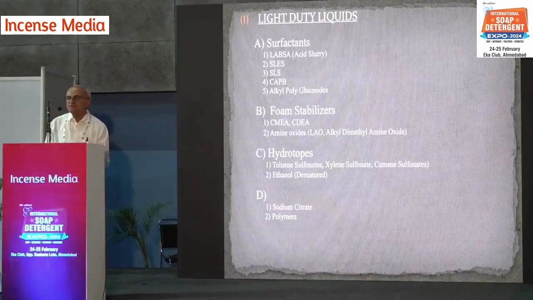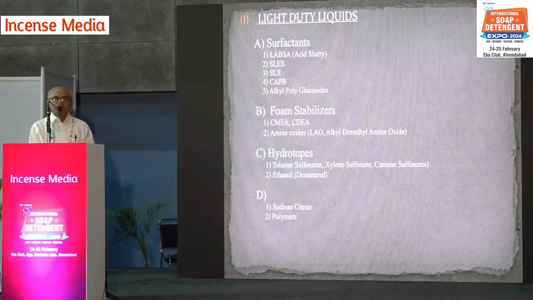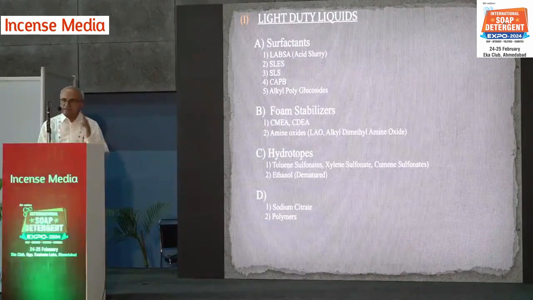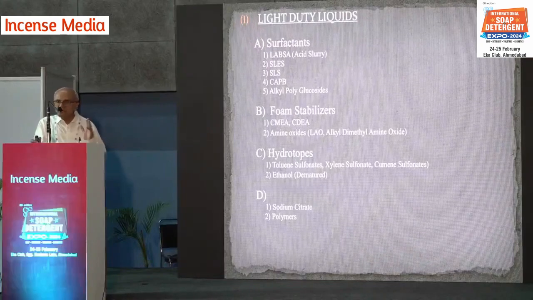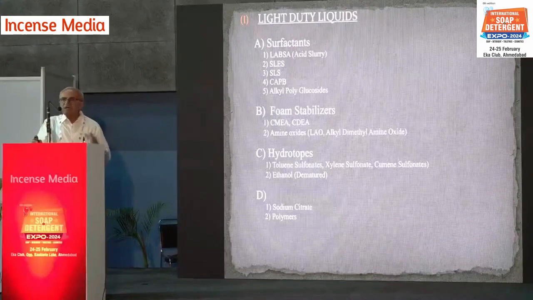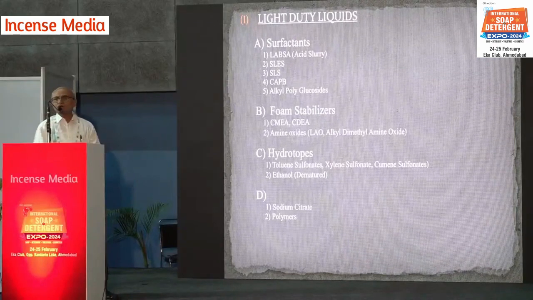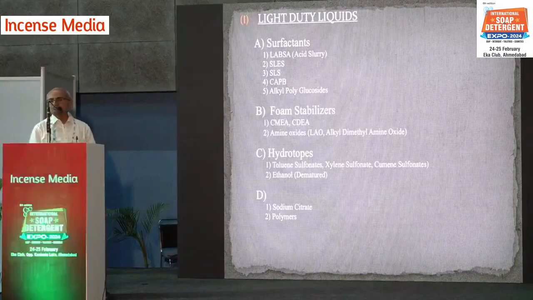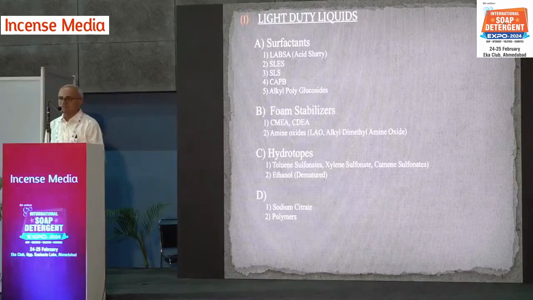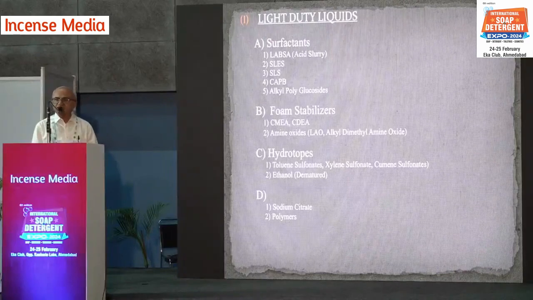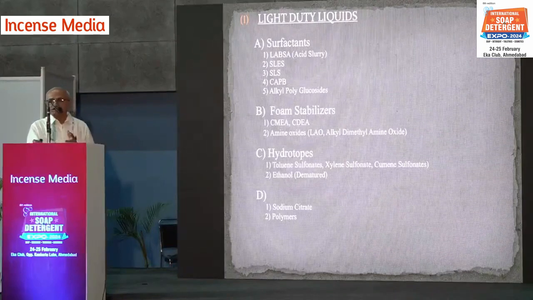In a liquid detergent, the main attributes are that it should remain clear and uniform, it should not develop any bad odor, and it should not lose its color. Color is lost because some dyes are sensitive to pH and not stable at higher pH. So for that you have to select certain dyes.